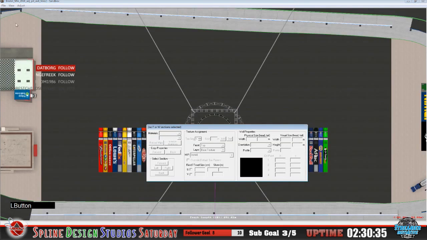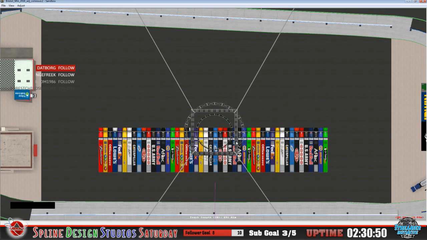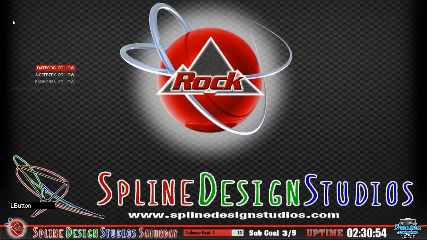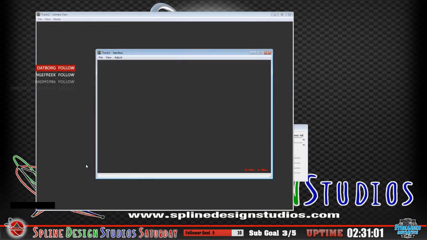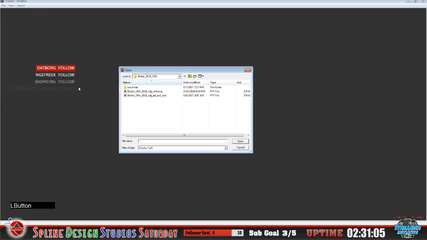I'm just going to switch this back to geometry, file, save that as a new PTF. And I'm just going to put adjust Colossus. Yeah, that's good. And we'll save that. Close that. Oh, I didn't want to get all the way out. That's fine. Reload it. I didn't necessarily want to get all the way out of it. That's alright. So we're just going to load up